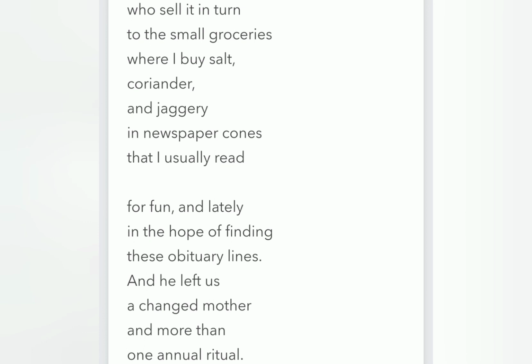So, all he wants to say about his father is that he achieved nothing in this world except those two lines, the obituary lines which were written in the newspaper. He could never find them. And on the other hand, he left an unbearable burden on the poet, the whole family. And we can say that the poem is hence a critique of the poet's father and his incapabilities.